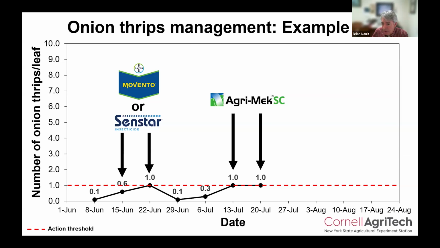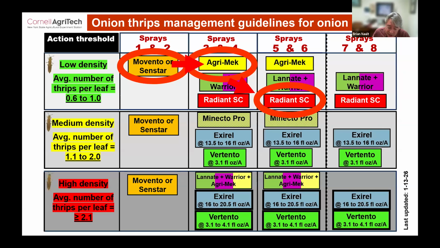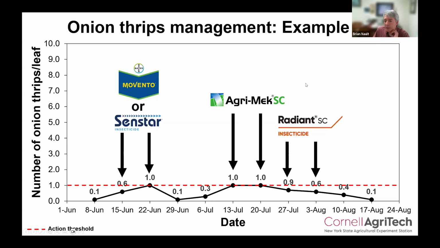2 applications, assuming again that you still have at least 30 days before the bulbs are in your barn, right? It's got that 30-day pre-harvest interval. Maybe the 2 applications, you're below threshold, or actually in this case, you're right at it, right? You're close enough to 1, right? Maybe you have some hot, dry weather coming. You need to spray something. Well, if Radiant still works on your farm, Radiant could be a good example. If not, maybe Galantic plus Warrior. So go with a couple applications of Radiant at that 10 fluid ounce rate, and that hopefully will land your